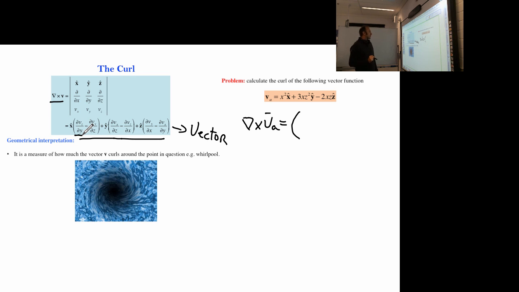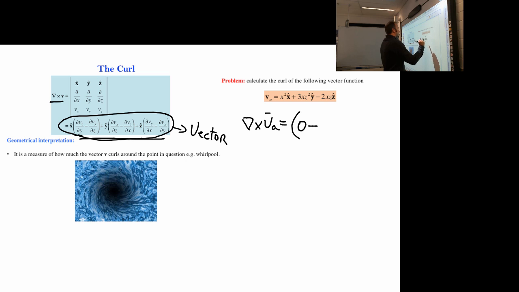We take our Vz component and take the partial derivative with respect to y, and then we're going to work through this formula to determine what the curl is. So we have 0 minus the partial derivative of the Vy component with respect to z, so we have a 6xz